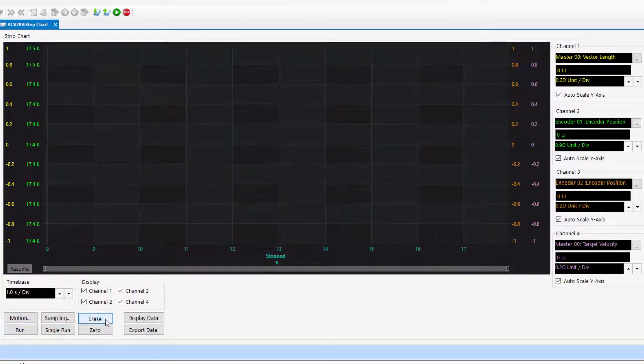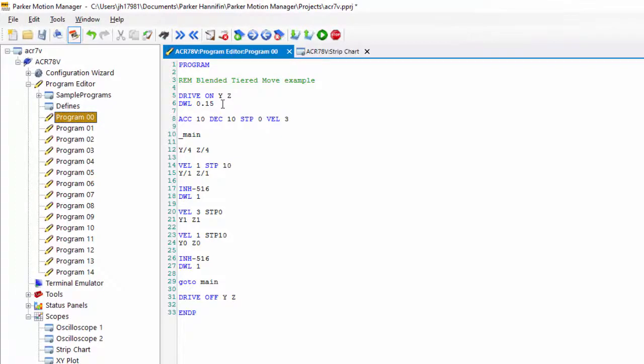we can erase the graph. If we take a look at what I have in program 0, I'm doing a Y and Z move. I'm doing a blended move. So I'm going to move increment 4 for both my Y and my Z axes, and then change the velocity from 3 down to 1 after a 4 rev move, and then I'll move to 5 and then stop and come back in